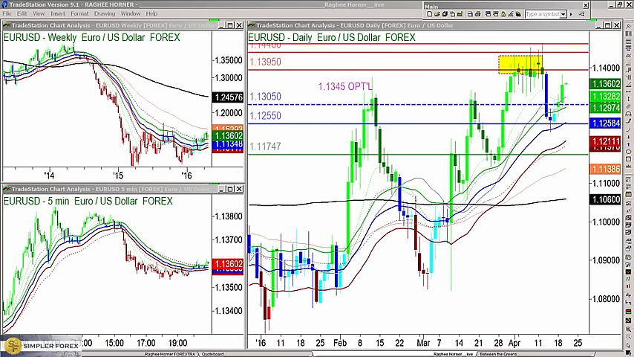Hey traders, Ragi here, and in tonight's Simpler Forex free video, we're going to talk about how to manage a trade once it's turned into a winner and the importance of the first profit target. I'm going to use two current trades, one in the Euro US dollar, the other one in the US dollar